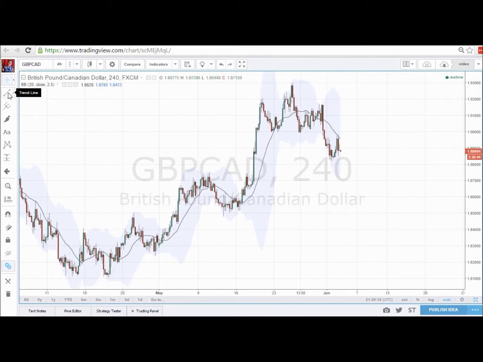For that we grab the trend line tool here, and when drawing trend lines it's important to know that we always connect swing lows and swing highs. Always we start with 2 swing points, and then we see if we can get the third confirmation, which then validates our trend line. So when we look at this British pound Canadian, we can see that price has been